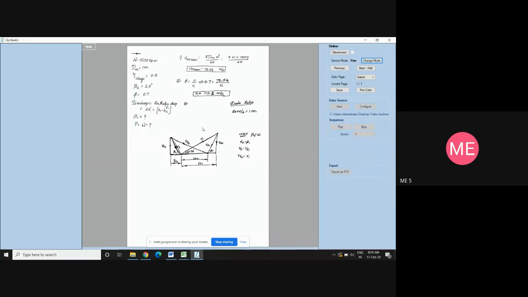We got all the values. Prepare a table as usual. This is not mandatory, but it will be easy for you if you prepare a table for the solution and further steps. In the table, what will we take? V1, VR2, how much? V2, VR1, how much? VU1, how much? VU2, how much? Take this in meters per second as well as in centimeters. You put a table and tell me the values.